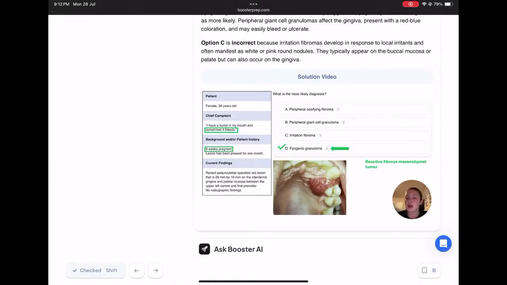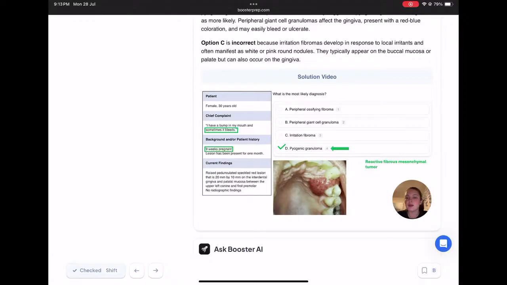Histopathology for this lesion would show vascular granulation tissue, including fibroblasts, capillaries, and inflammatory cells in a loose extracellular matrix. And that vascular granulation tissue, that vascular tissue in general, is the reason why it bleeds so easily and why it's able to have such a hormonal effect when someone is pregnant. Now, this would be treated via excision and removal of any irritants, since it's caused by trauma, but 15% will recur. Now, even though we know this is the correct diagnosis, let's go through the other answer choices